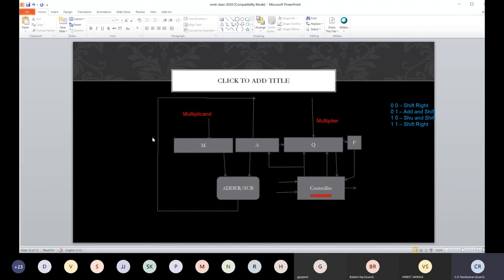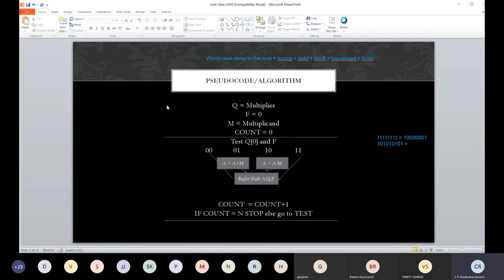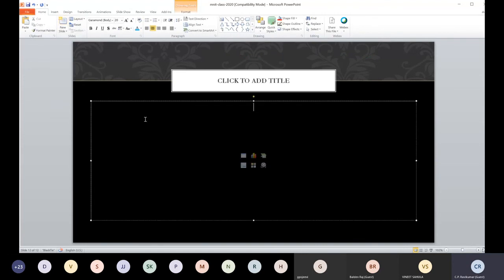And does it always do well? This Booth's algorithm, we just argued, the best case is when we have a lot of ones coming like this. The more ones that are there in a series, the better it is for us. In fact, if I give you a sequence like this, tell me how many additions, subtractions, and shift operations you require.